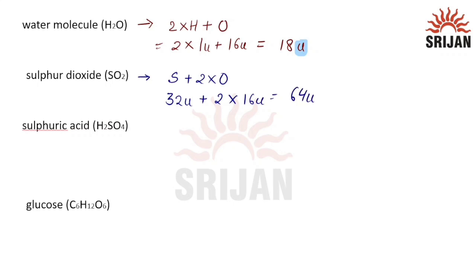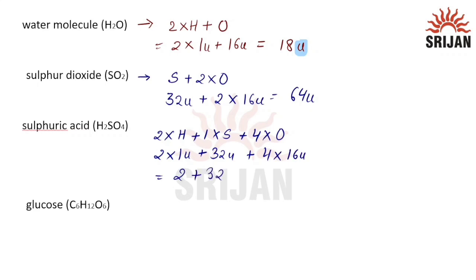In sulfuric acid, we have two atoms of hydrogen, one atom of sulfur and 4 atoms of oxygen. Hydrogen is 1U, sulfur is 32U and one oxygen is 16U. If I calculate 2 plus 32 plus 64,